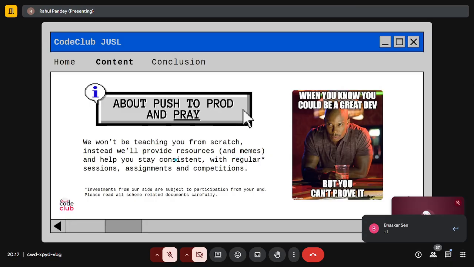And yeah, the idea is to have regular sessions and assignments and maybe some competitions. We can't promise prizes for these competitions because of budget issues, but maybe we'll try to do something. We could give you shout outs and maybe showcase your projects on the WhatsApp group or maybe the Code Club JUSL website if we can build one.